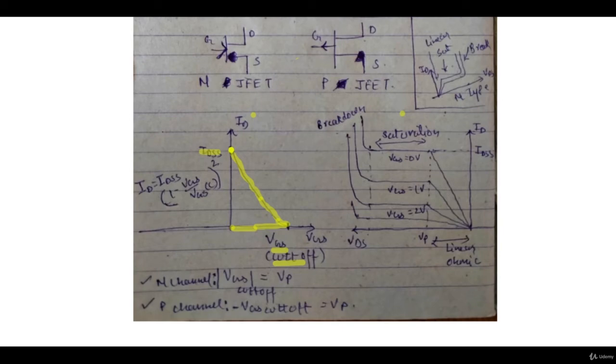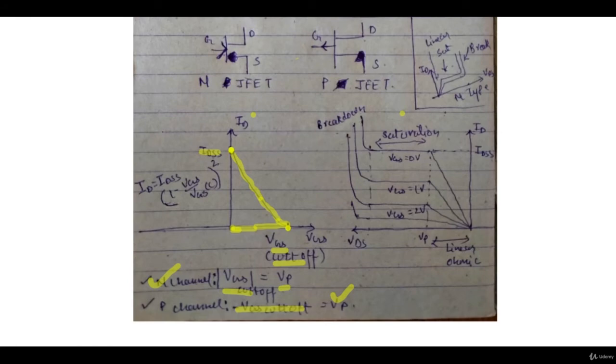You can control the width. The same reasoning applies: you increase the value of VGS in the positive direction. Since it is reverse bias, it will increase the depletion width, which means it will decrease the channel width, and hence it will block the holes from going from source to drain after a certain point. That is called VGS cutoff. Now for n channel, the pinch-off voltage was mod of VGS cutoff, but here it will be negative of VGS cutoff, VP. This is one important difference.